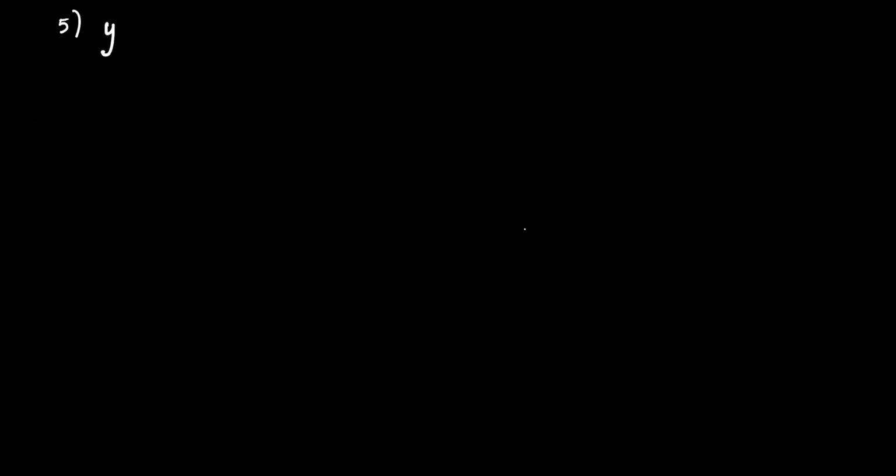Direct has been said, which means definitely I'll have to use this symbol. And are they telling us x, or do we have to write something else with x? Square root of x. That means don't write only x. If they are saying square root of x, we'll have to write it like this. Is this clear? Okay. So can you tell me what to write in the next step? Y is equal to?